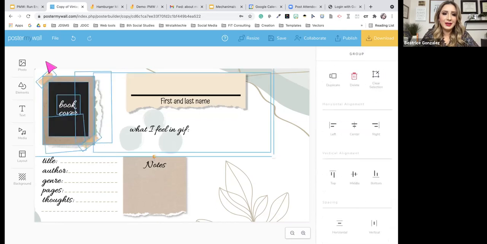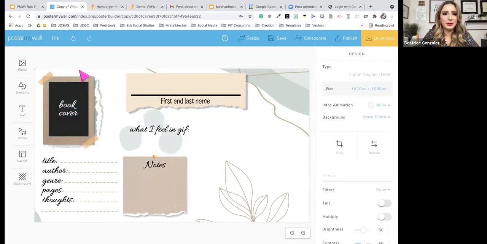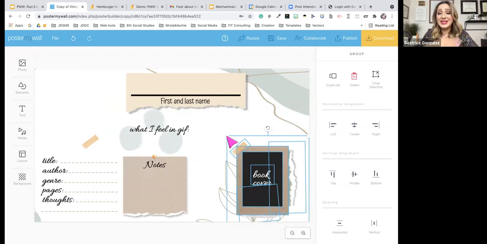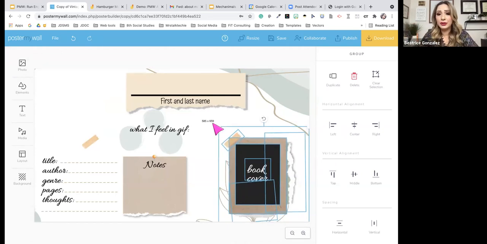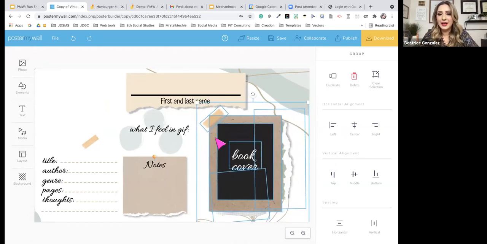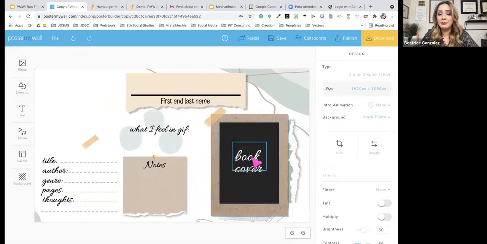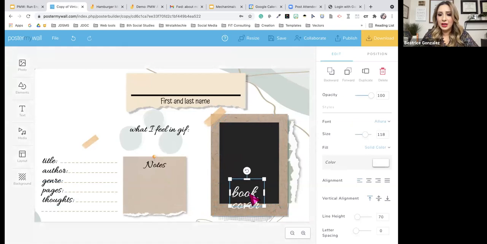So I'm going to drag so that I select. Notice it's selecting all the other ones, so I have to be careful. There we go. And I'm going to drag it over here and I'm actually going to resize them all. From the corner, I'm going to move it just like that and resize it. And here I want them to put a picture of themselves. So I'm going to put a picture of me.